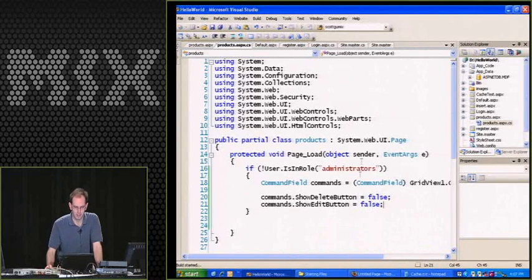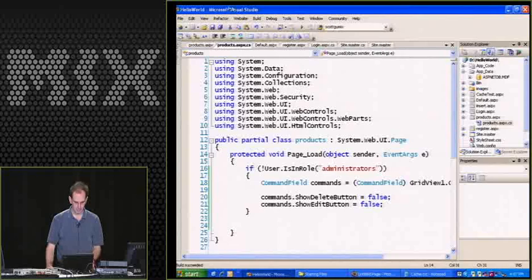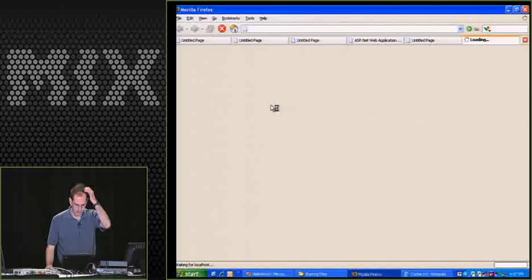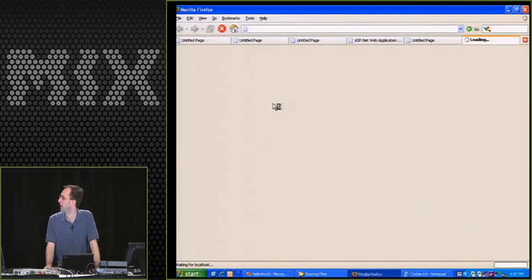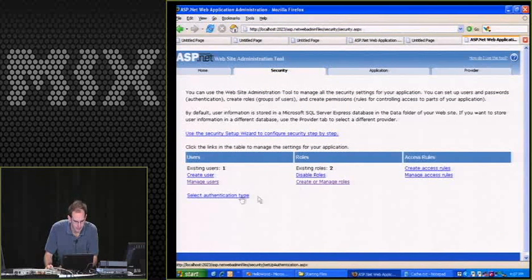Now when I run this page, you can see Bill is in the administrator role, so we're going to let him see that. If we pull up the configuration tool and knock him out of that role,